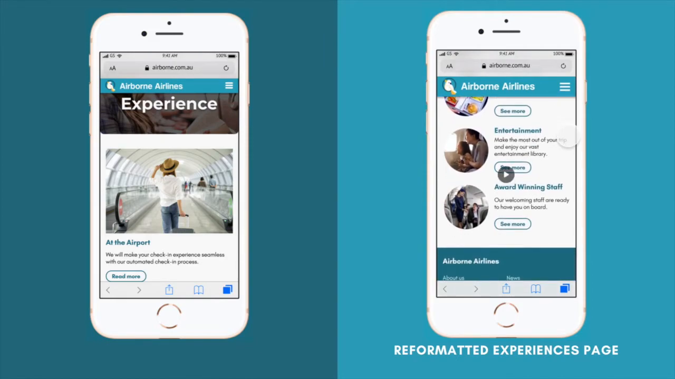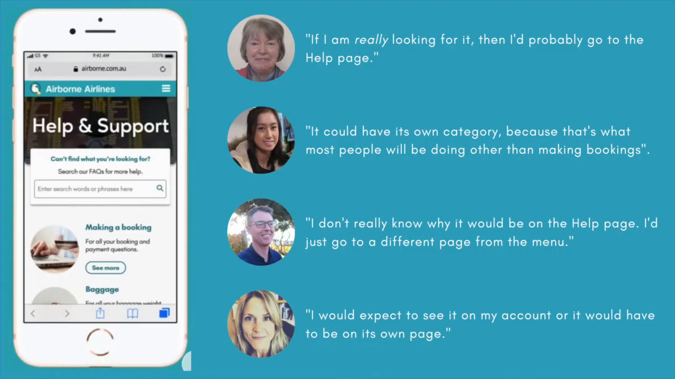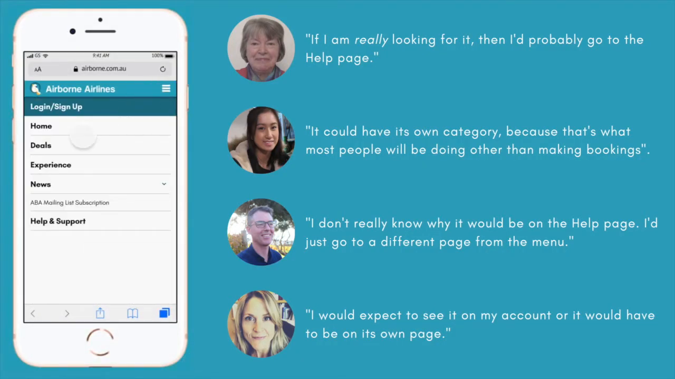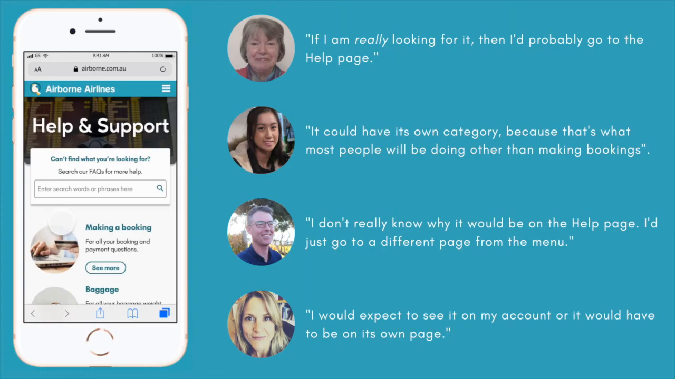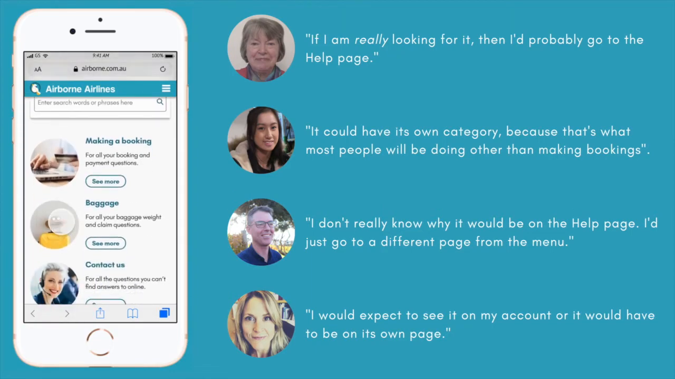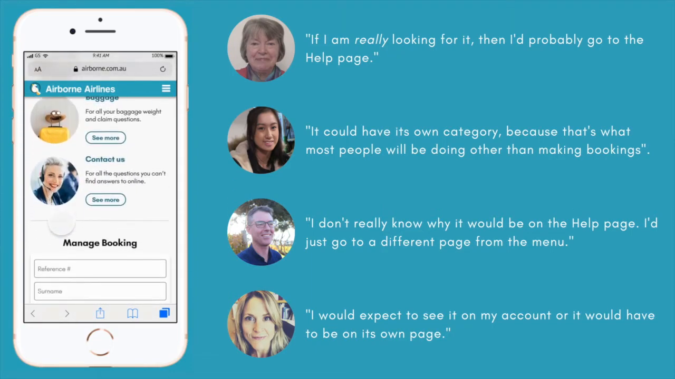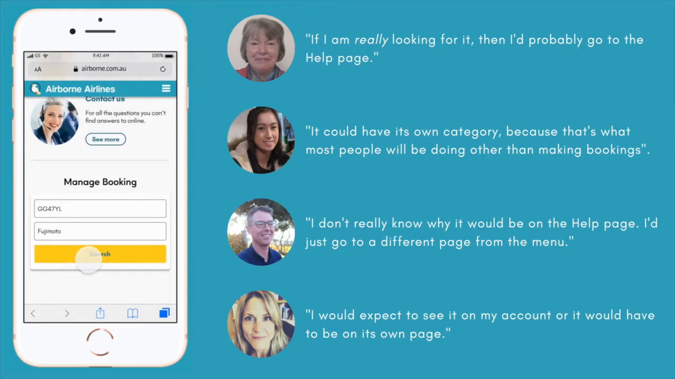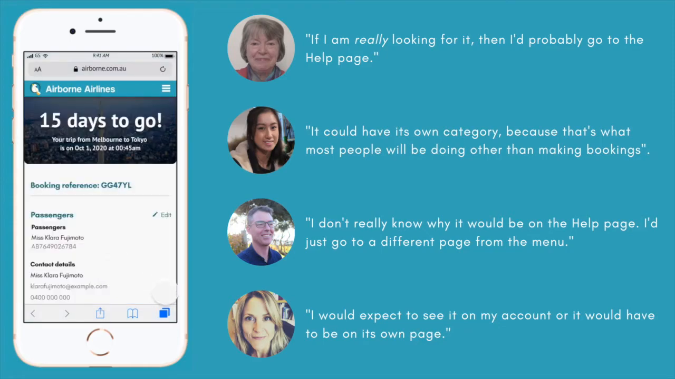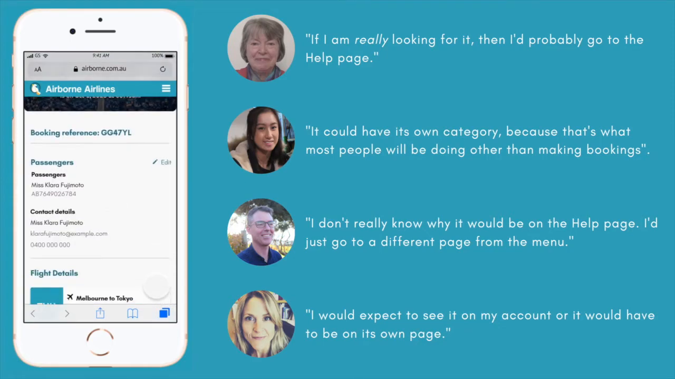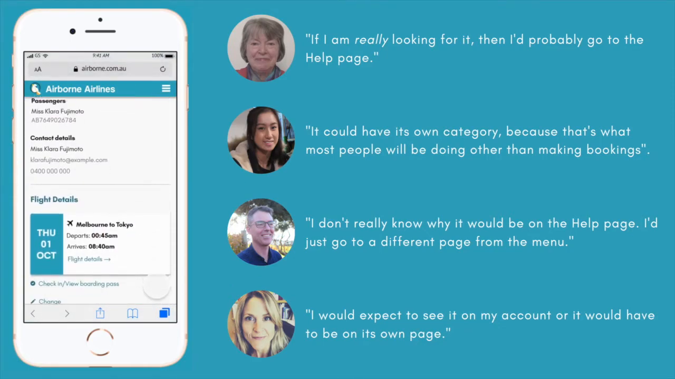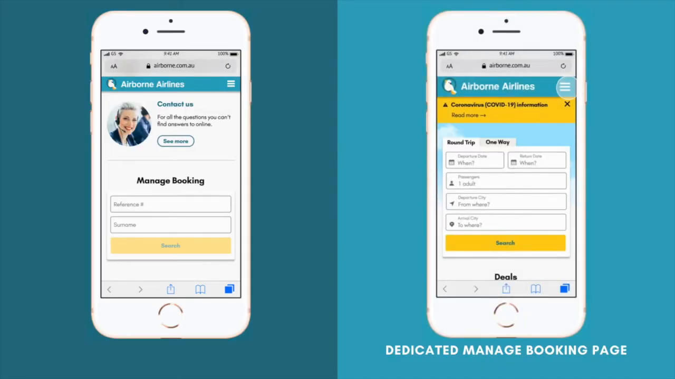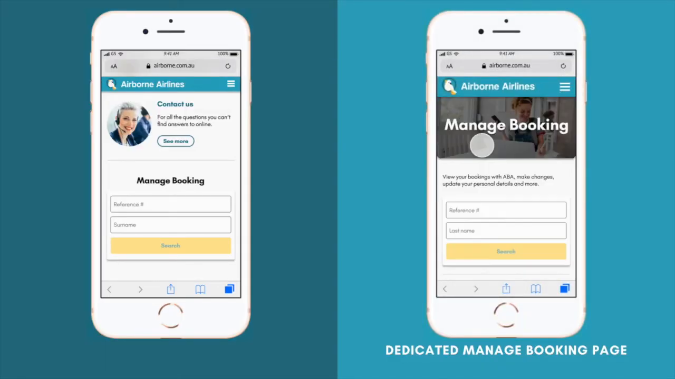communicate ideas easily. Regarding the managed booking feature, all of my participants found this hard to locate as it was buried at the bottom of the help page. Most then stated that it should have its own page, especially as this was likely the second most common task users would come to the website for. So that's what I did, adding it to the menu and also adding a short description of what users could